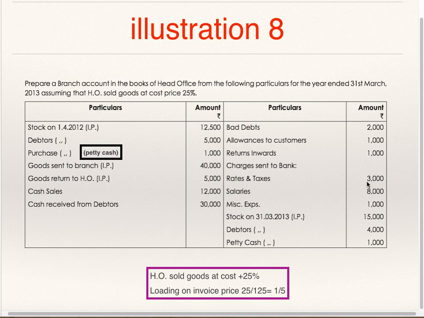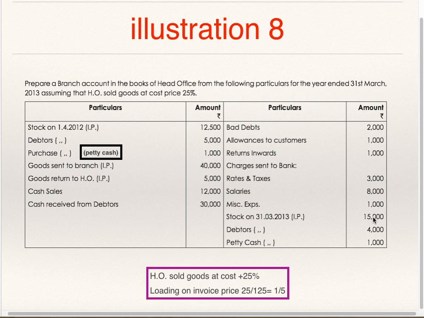Checks sent 3,000, 8,000, 1,000 mean it has been received by the branch from head office, so it is to be debited to the branch account as to bank. Stock at invoice price by balance carried down: stock, debtors and petty cash, as it is given at invoice price, 1/5 loading is to be